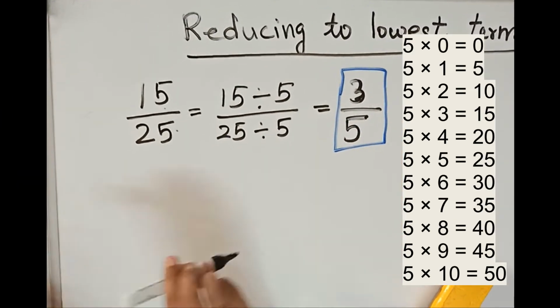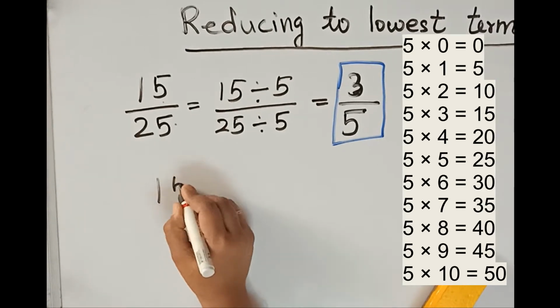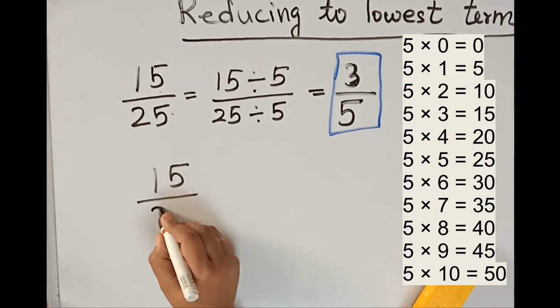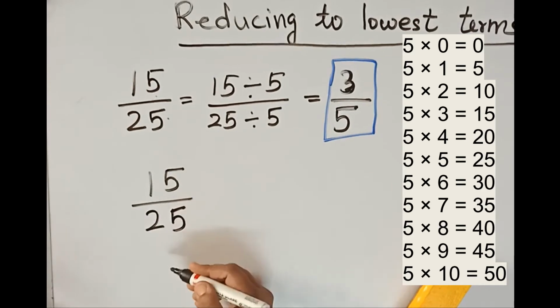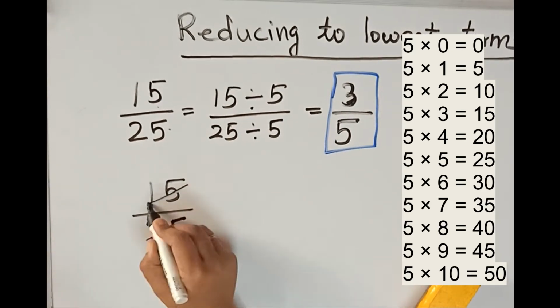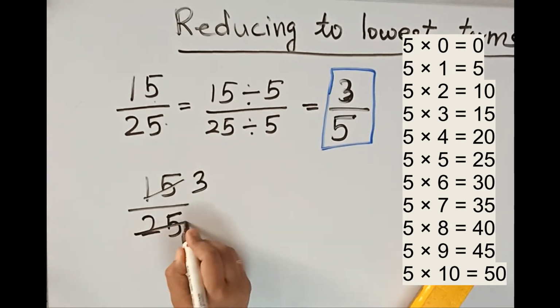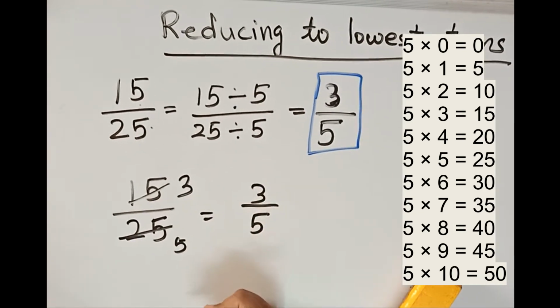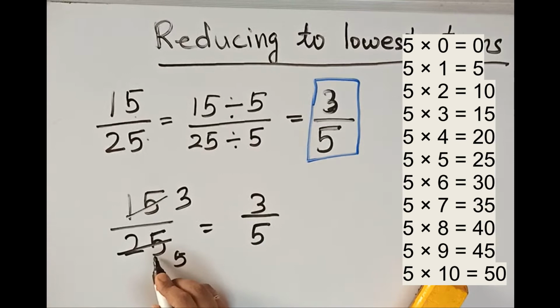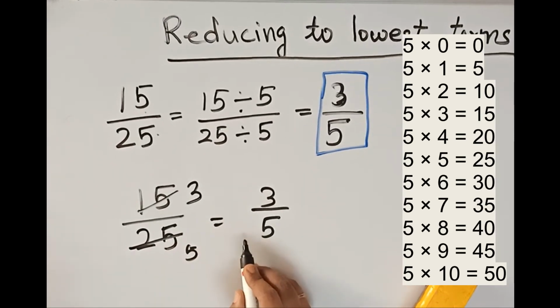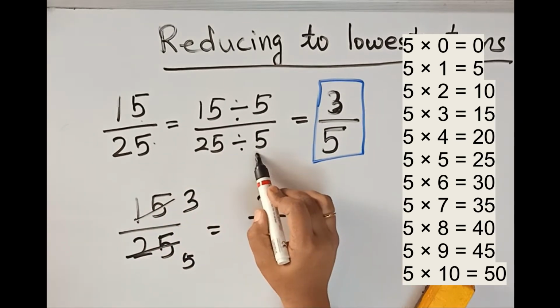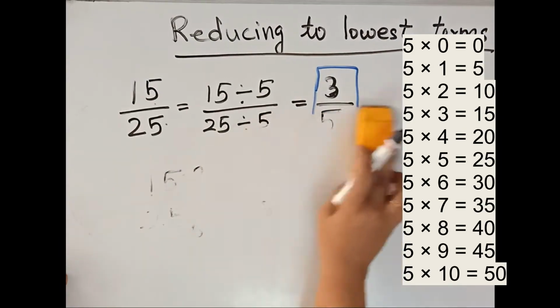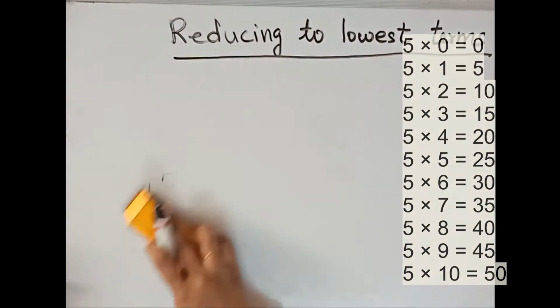Or we can solve this in such a way. If children you know the tables, we can do it easily. 5 3s are 15, 5 5s are 25, so directly we can write. This is the way we are using for class 5th and 6th. If you have not understood, you can do simply in this way. Now we will take a further example. Next example,